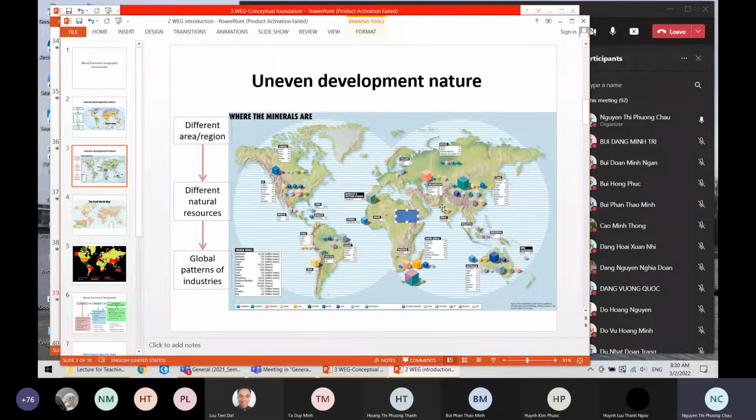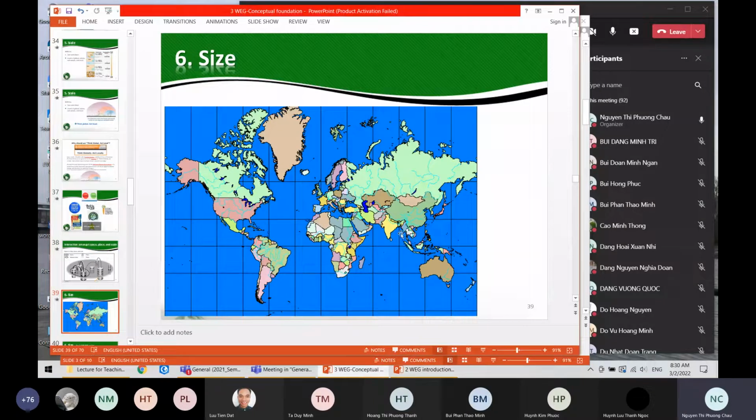But how can we explain why a nation with large size and more resources has a weaker economy? Yes, it can be explained based on some regional reasons. For example, a low level of economy, low technology, low knowledge. Because they lack technology, they don't know how to exploit the resources for the economy. We can explain it like that.